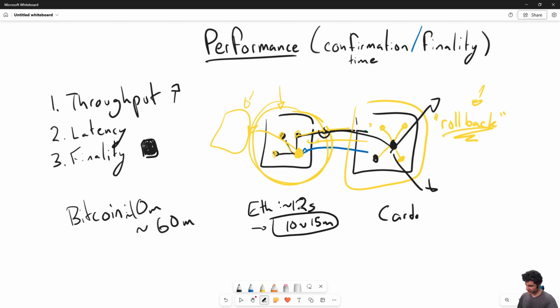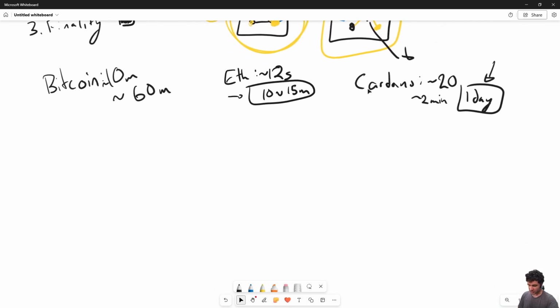And so you can also see this on networks like Cardano, which has 20-second block times approximately. And then for finality, usually you can get away with waiting approximately 2 minutes, which is usually when you're safe. But if you want to be really safe, you'd have to wait 1 day. And so if you want to be 100% sure, I would recommend waiting a day. But of course, this is introducing a bunch of issues, not just for exchanges, right? So it affects exchanges who have to process withdrawals,